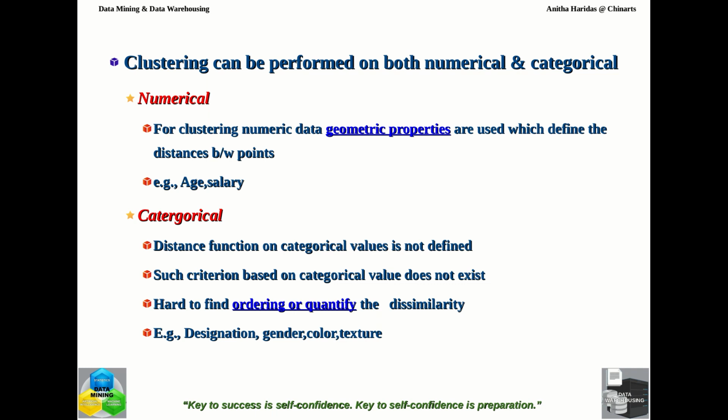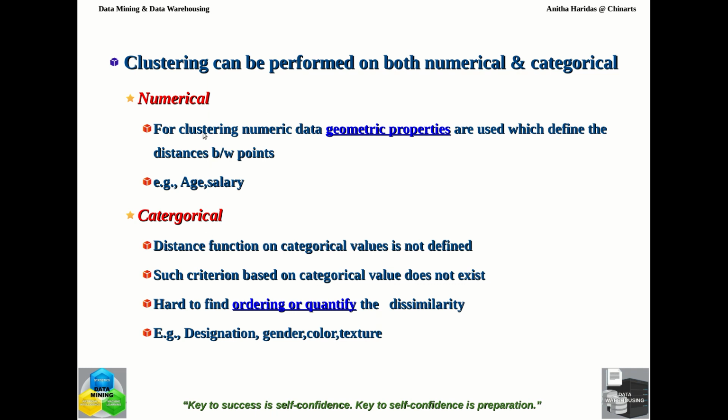You want to group people, then based on these groupings you want to make some kind of marketing. So if this is the case, you may be grouping based on the age group, then it becomes the numerical attribute clustering. Or you may be grouping the customers based on their location or based on their designation, etc. Then it becomes the categorical grouping, because the attribute which you use as the base for clustering is numerical or categorical.